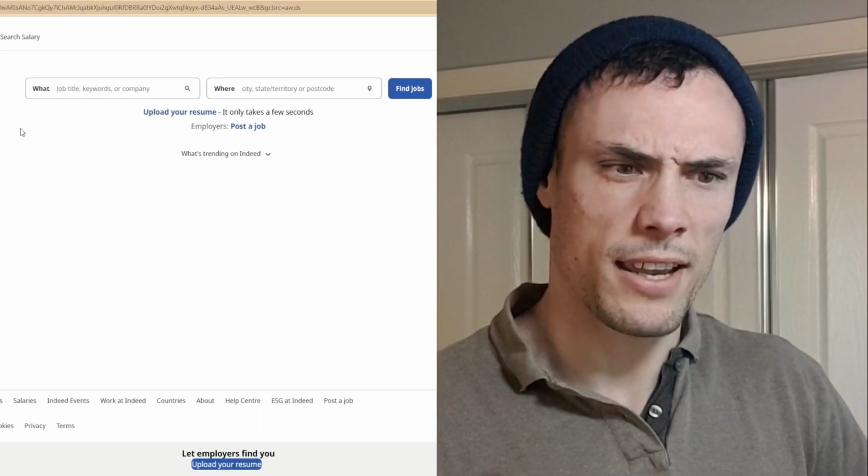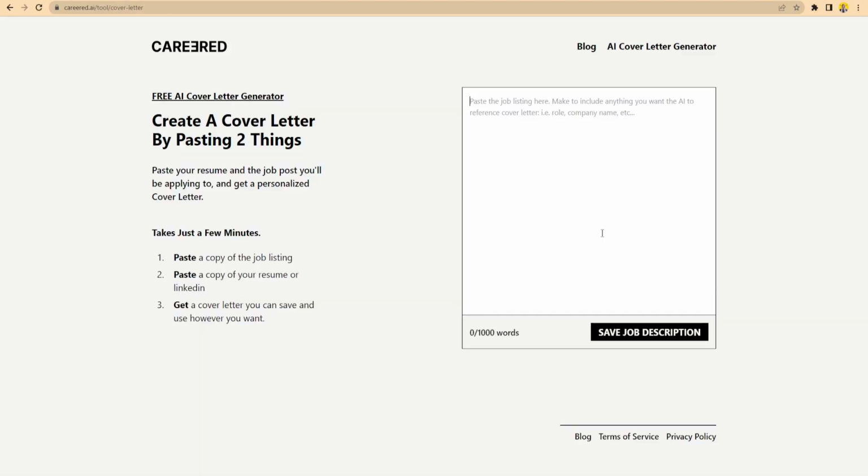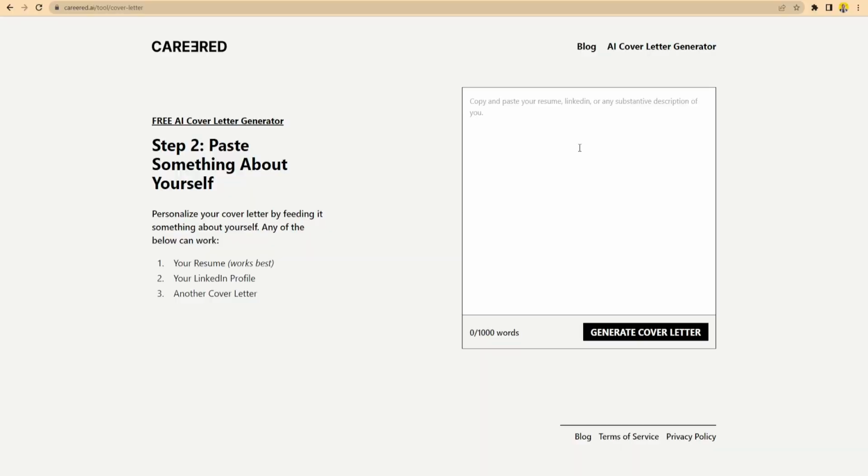So you can copy and paste a job listing. We'll just go to Indeed and take a crazy job listing. We'll take the entire job description, come across to the AI cover letter, and paste that in. Save the job description, paste something about yourself. I'm going to hold this on the screen here and you can see what it's generated from my podcasting